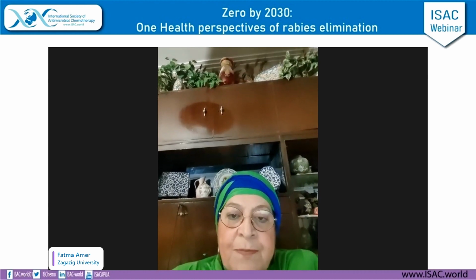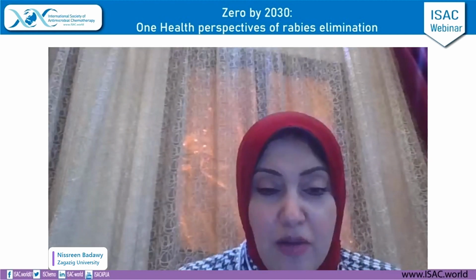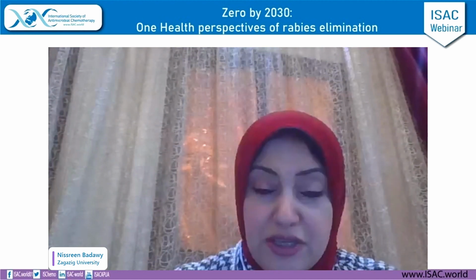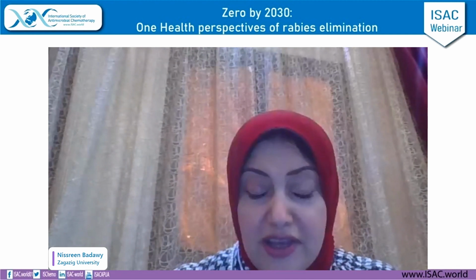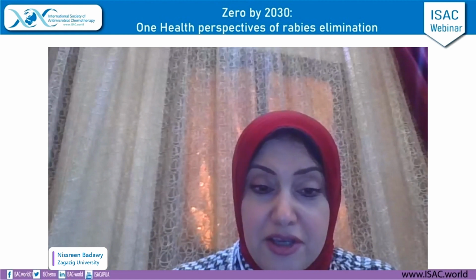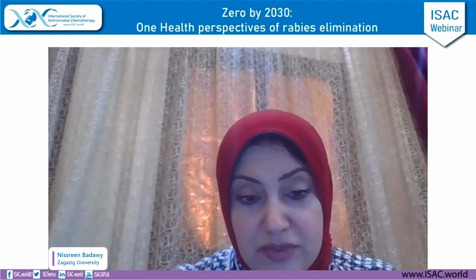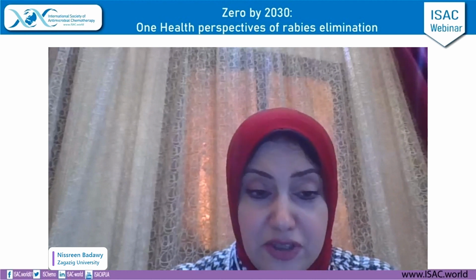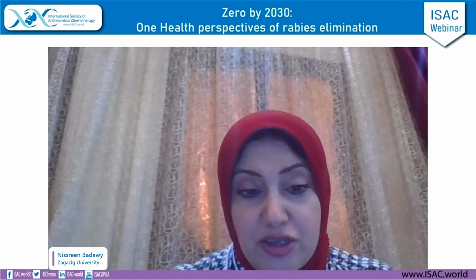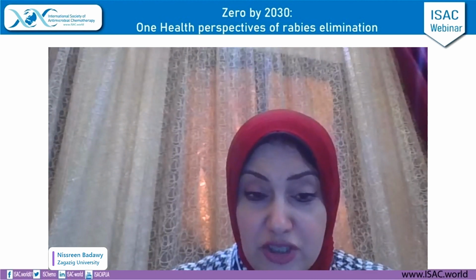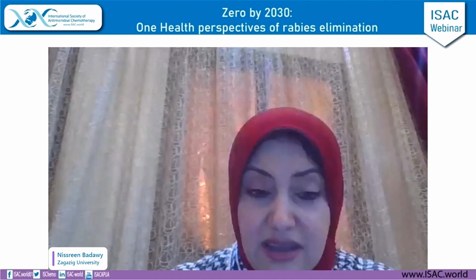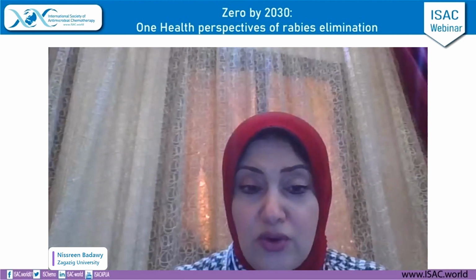Nissreen, please. The only system applied in rabies diagnosis, surveillance study, and rabies management is the integrated bite management system. It is very efficient in diagnosis, due to communication between multiple sectors, including intervention by humans. The integrated bite management system is very efficient in diagnosis and intervention measures. Also, the animal monitoring system is very efficient. ChatGPT is still under investigation, but the integrated bite management system is very efficient in diagnosis and intervention. The animal monitoring system is also very efficient in surveillance study and in management of a rabid animal.